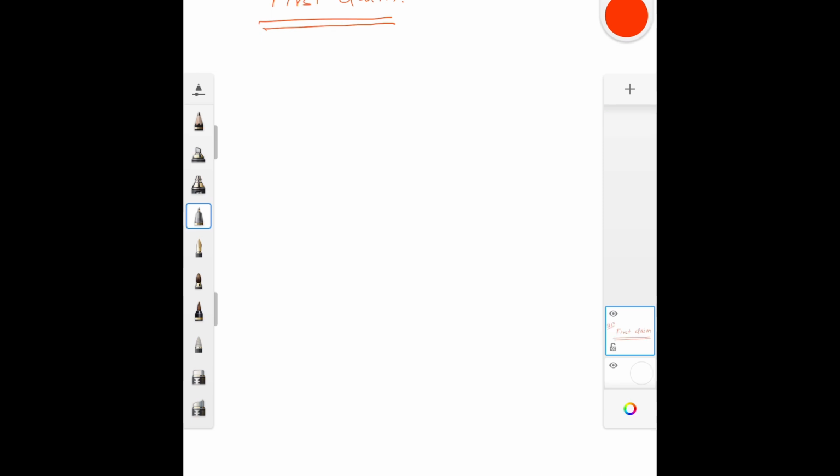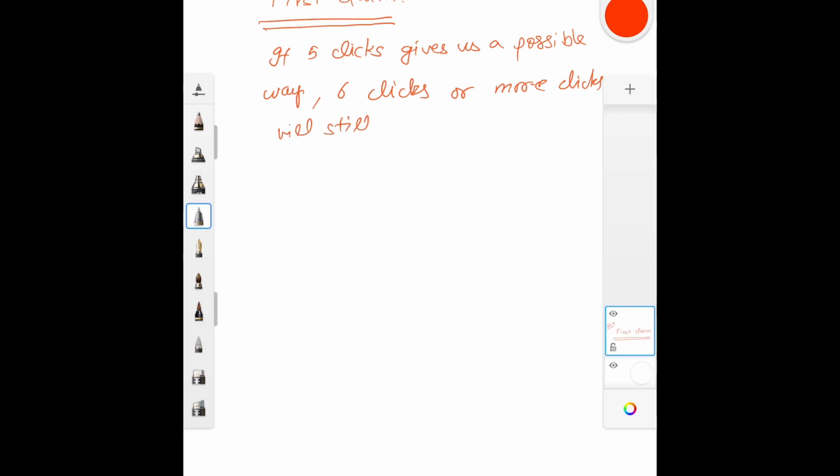So our first claim says that if 5 clicks gives us a possible way, then 6 clicks or more will still give a valid solution.